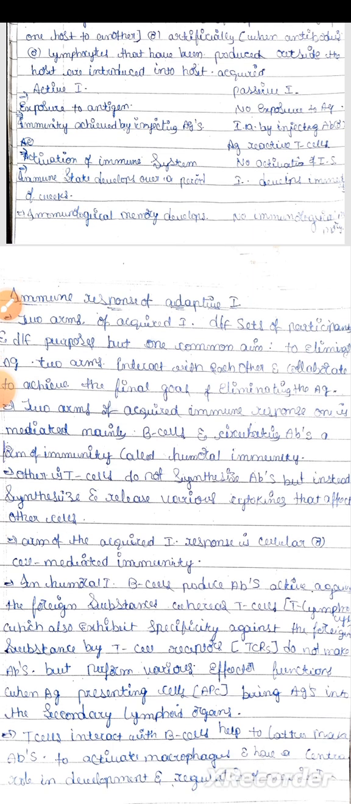And next one is the immune response of adaptive immunity. Two arms of acquired or adaptive immunity have different sets of participants and different purposes, but one common aim: to eliminate antigen. The two arms interact with each other and collaborate to achieve the final goal of eliminating the antigen. Two arms of acquired immune response. One is mediated mainly by B cells and circulating antibodies, a form of immune